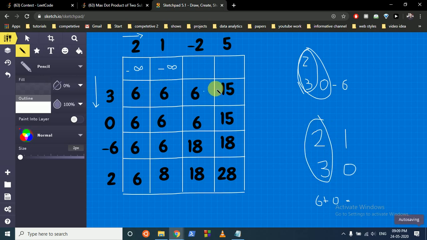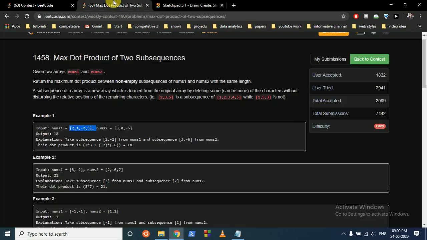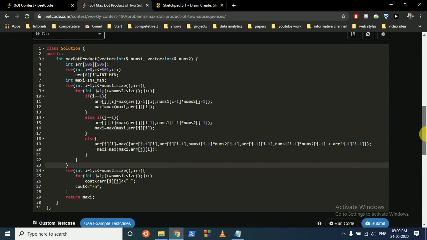So we can fill these elements, and then for the rest of the elements, we can start filling it according to these 4 conditions. Now, as you can see, the maximum does not always lie at the last point, but it can be anywhere, because the subsequence does not always end at the last point. So you can keep a maximum variable which will store the maximum value we have encountered while traversing through the matrix. So let's move down to the code and it will be more clear.